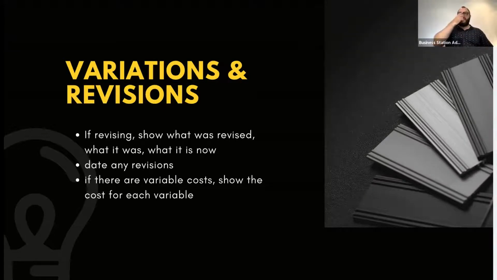You should probably show the revision that was made to the original. So you have the original line item in there and then show that it's different. So for instance, it might be the original line item said it was $100. It's now going to cost $120. So you have the $100 and you cancel that out and have the new one,